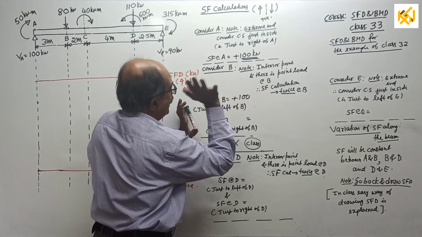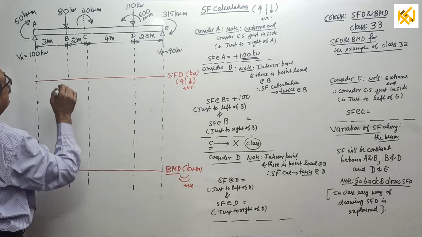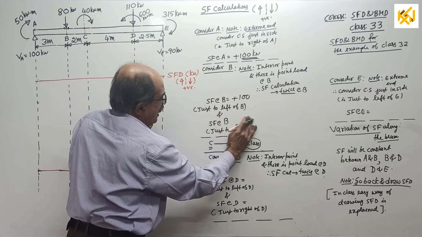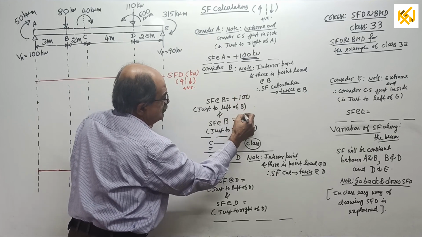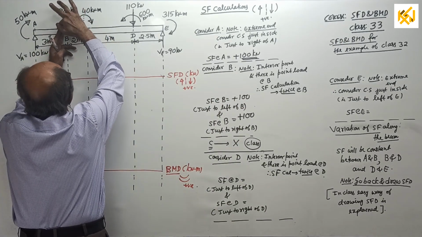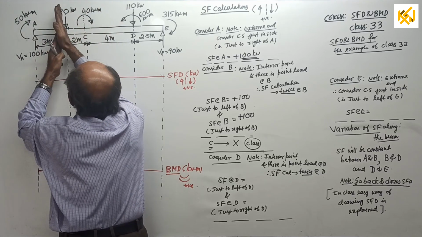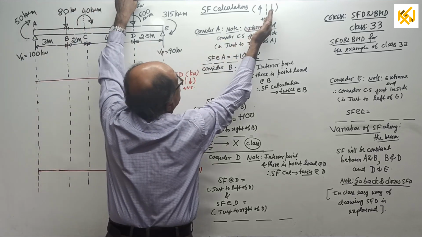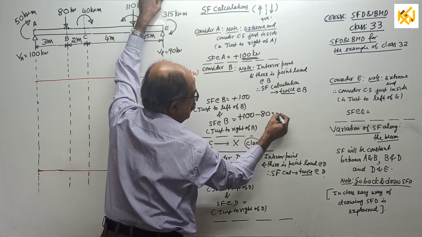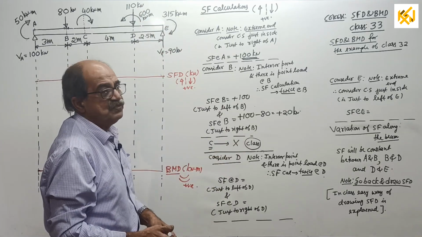That's all. Stop. Over. Now, shear force just to right of B. Just now you got shear force just to left of B. How much? 100. I will tell in the class later, first copy that value. 100 kilonewton. That is the shear force just to left. From just to left, when you come to just to right, a point load is acting. Since you are looking this side, when you come here, it is downward, means from left side, up positive. What do you have to do? Minus 80 equal to plus 20 kilonewton. Over.